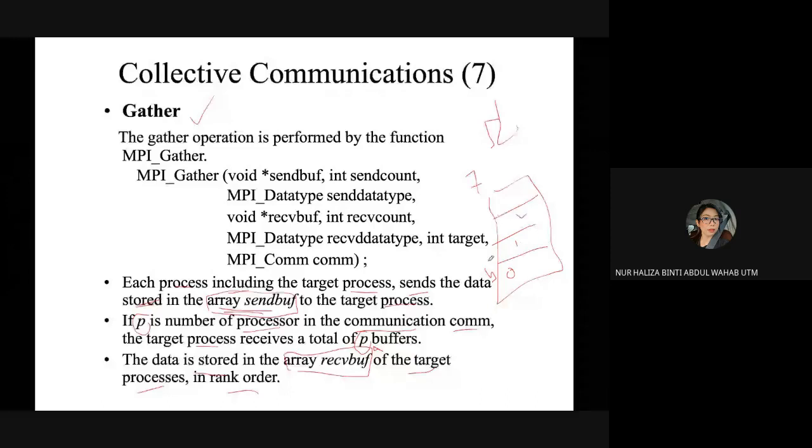function under collective communication, this one you normally use is MPI all to all.